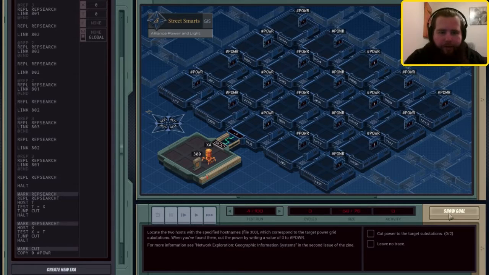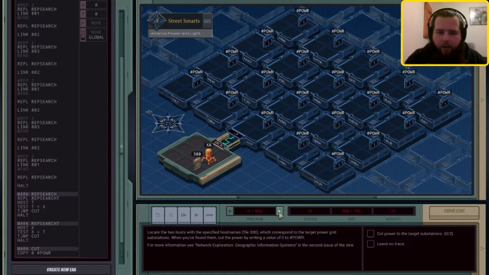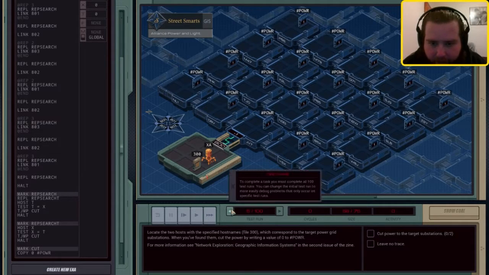While holding that show goal button. Yeah, see, because I can't just click and hold it, because as soon as I'm not moused over it, it stops. And I can't do that either. Nah, I don't think there... Because it says it up there. So if there's a way to do it...